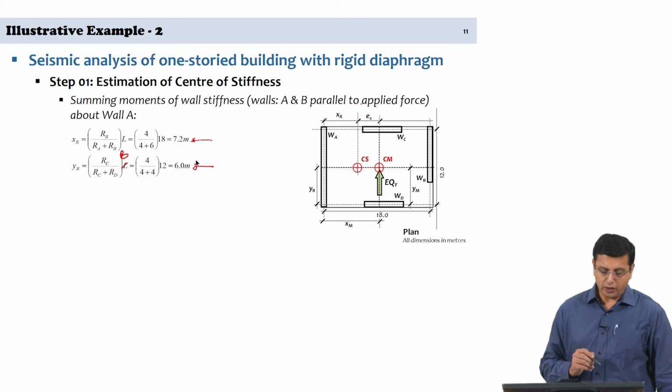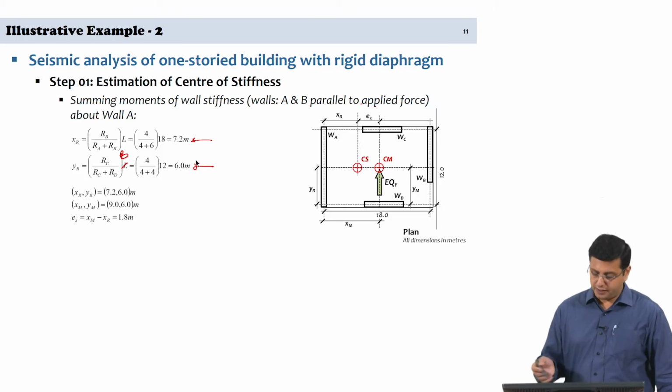So, the coordinates of the center of stiffness estimated for this given plan configuration, xr, yr is 7.2, 6, and